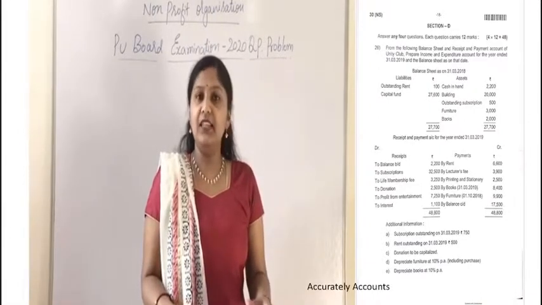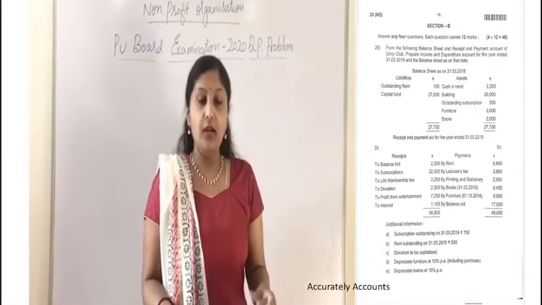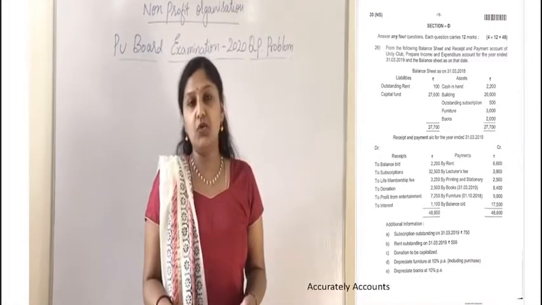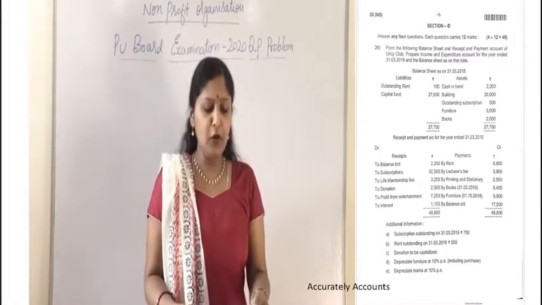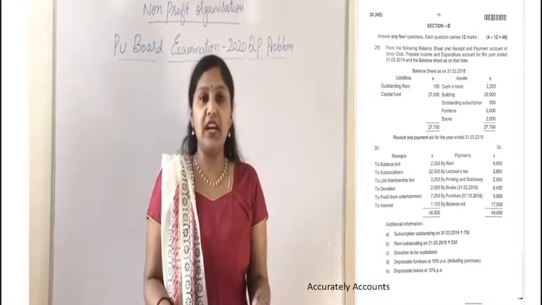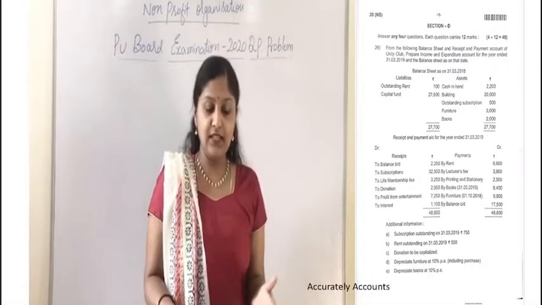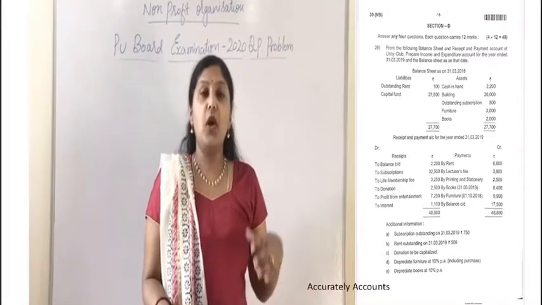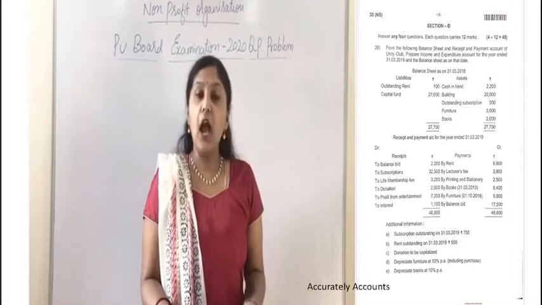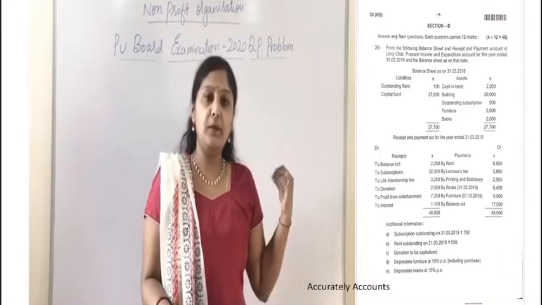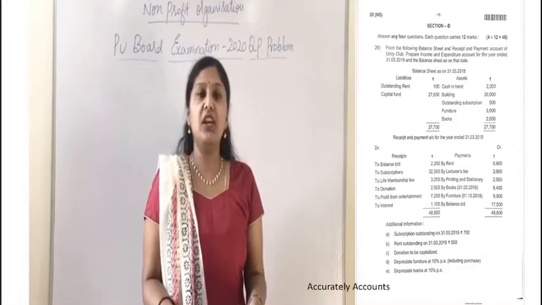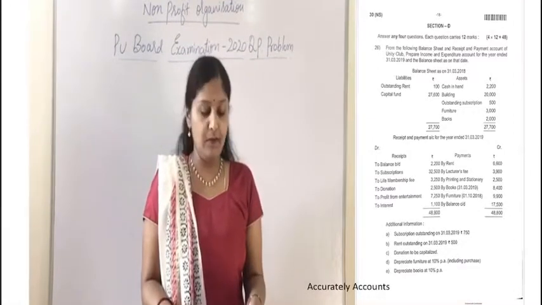So first they have given the old balance sheet which is on the date of 31st March 2018. Below the liabilities, outstanding rent. So this is the outstanding rent of last year, that is the year of 2018. I have already explained in the previous video, and even now I am telling that any outstanding expenses which belong to the previous year, we need to deduct. Capital fund, generally we treat it in the liability side of the balance sheet.